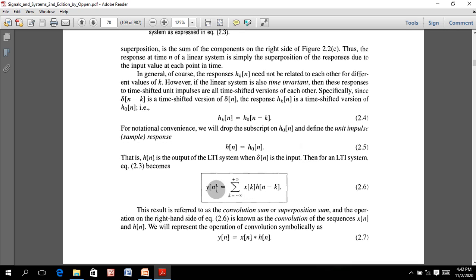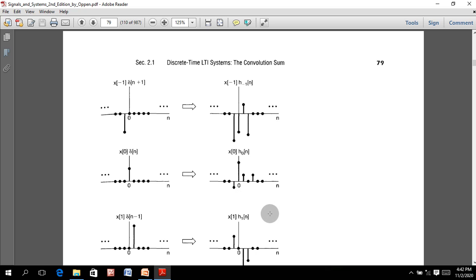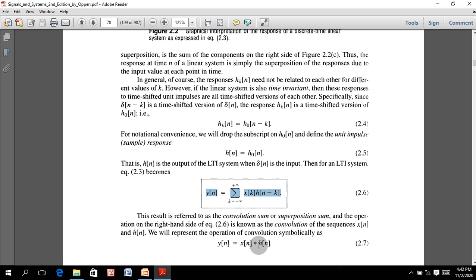And this particular generalized equation can be written as y of n is equal to x of n into h of n. This is the formula, and it is known as the convolution sum or superposition sum, because without a linear system,